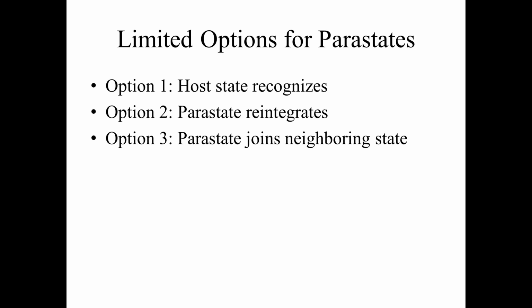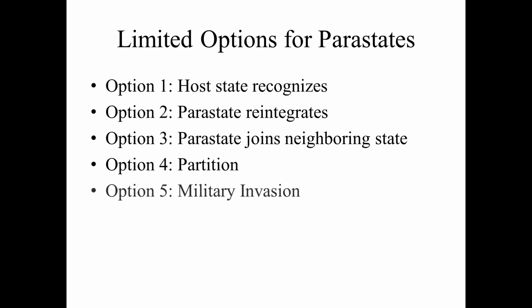Option three, the parastate just simply joins a neighboring state, right? We don't want to be part of the one we broke away from. We are never going to be one of our own, so how about you just shove us into an existing state? Problem solved, right? Option four, we can partition the parastate, right? Sometimes the host state just wants some gains back, they don't want the whole thing back. And deal with the rump parastate. We can maybe make that an independent country. The host state gains something back in return. Or the rump territory goes into an existing country, whatever.